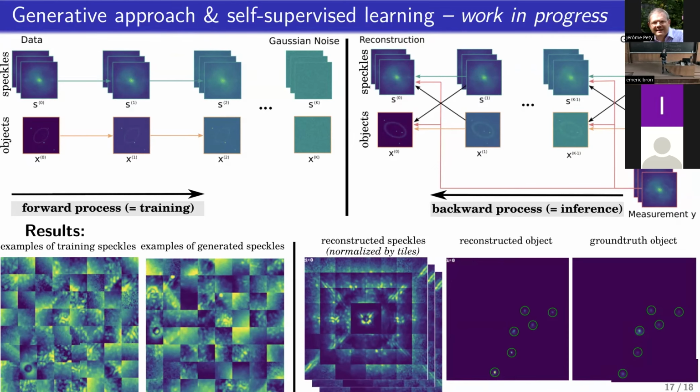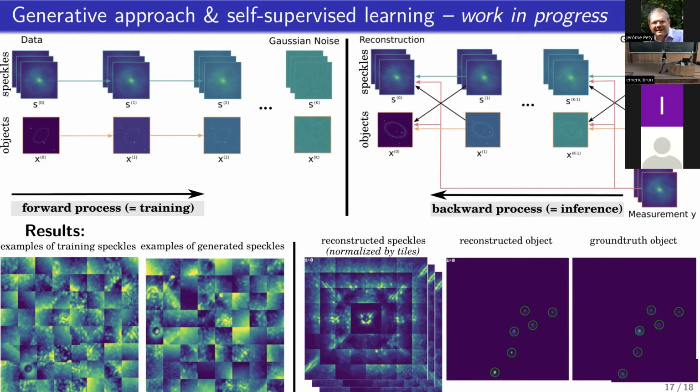We have, of course, hydrodynamical simulations giving a view of the circumstellar environment. They are accurate, but they are specific to each star. And for doing this, and this is what we are currently doing, we are learning a representation of the data of the speckle field, of the nuisance, either by diffusion model or by denoising score matching, in order to learn the distribution of the speckle field or the gradient of the log distribution that can be sampled at inference time in order to explain the nuisance